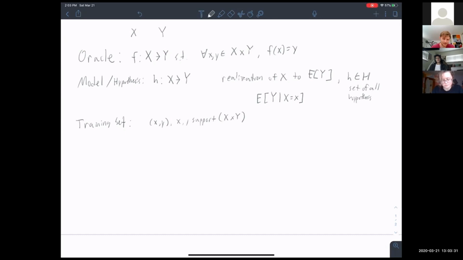Support X, Y are elements of the support. And these are realizations that we have observed that have been drawn from the distribution X cross Y. And so the idea is that these are sufficient information to describe the distribution, or at least